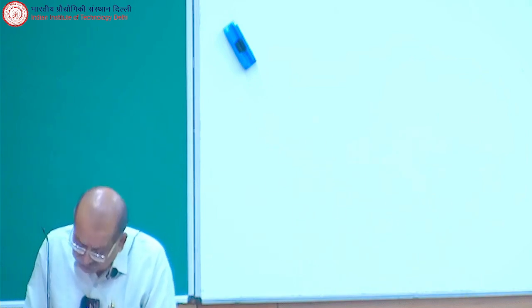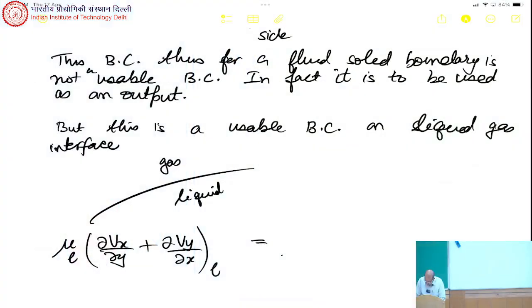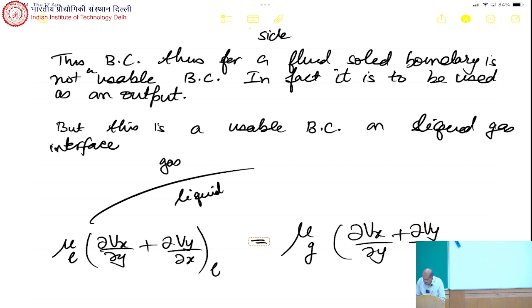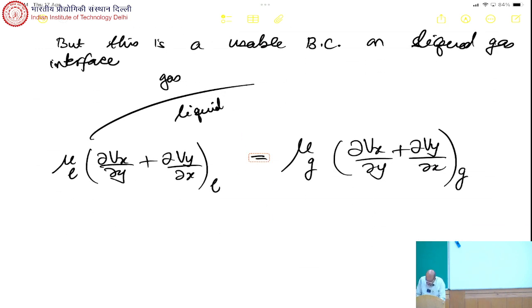This boundary condition will become mu liquid times partial Vx by partial y. You will solve the equation separately on the gas side and the liquid side, and when you apply the boundary condition it becomes like this. So here then what happens is, let's see, so this we can write it as